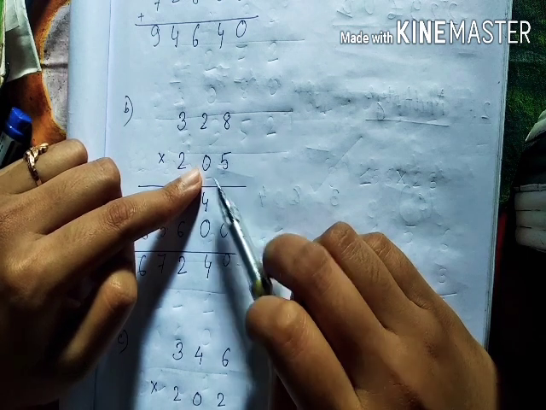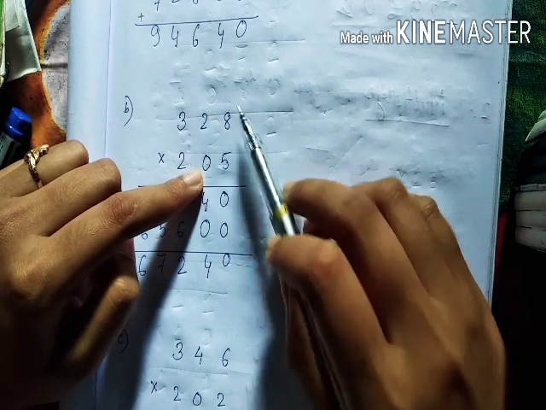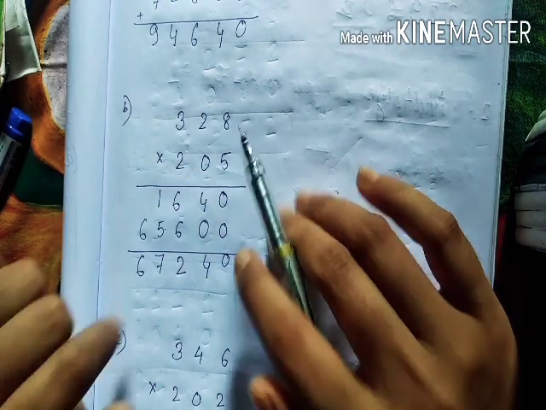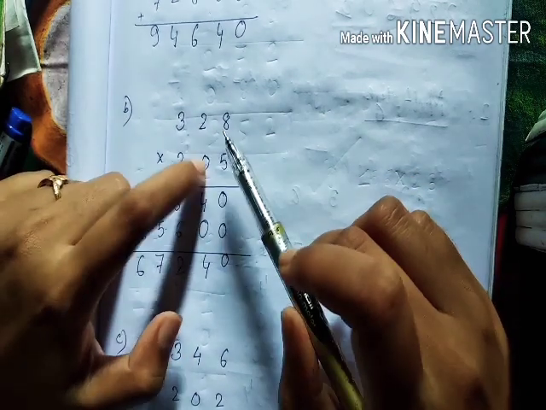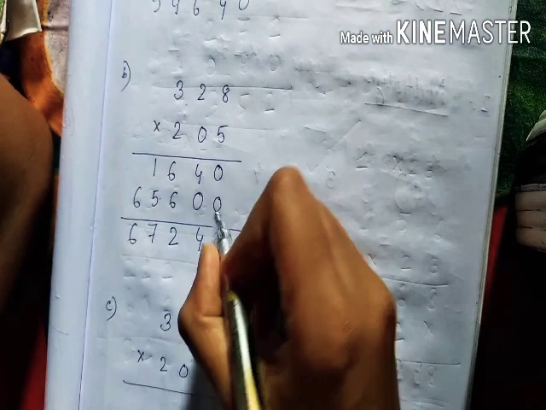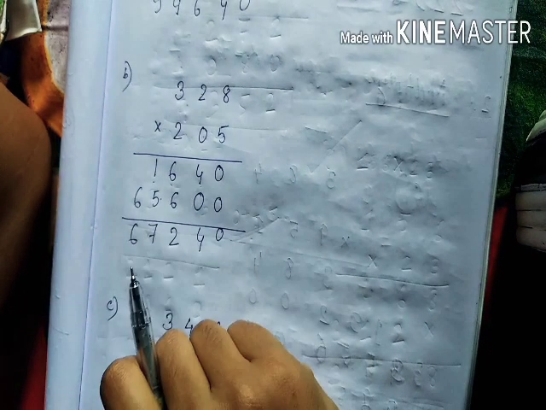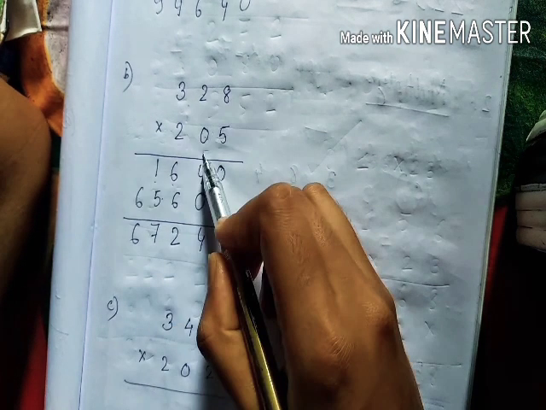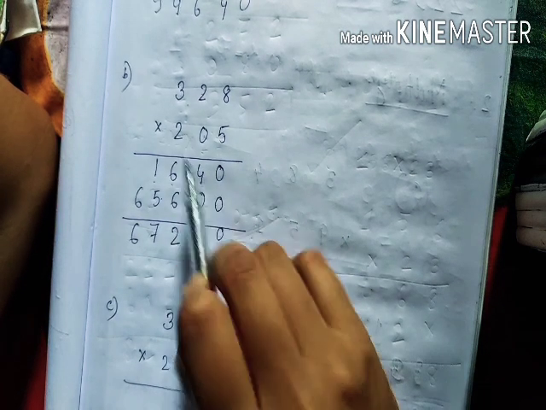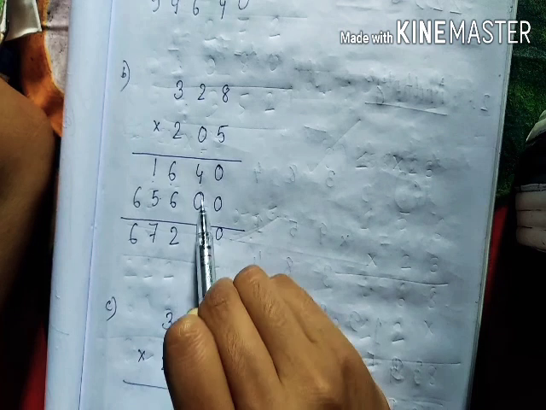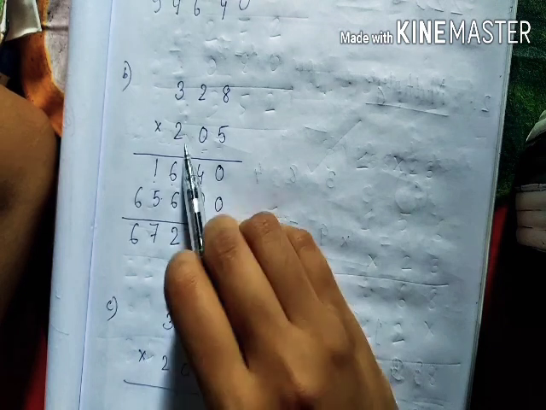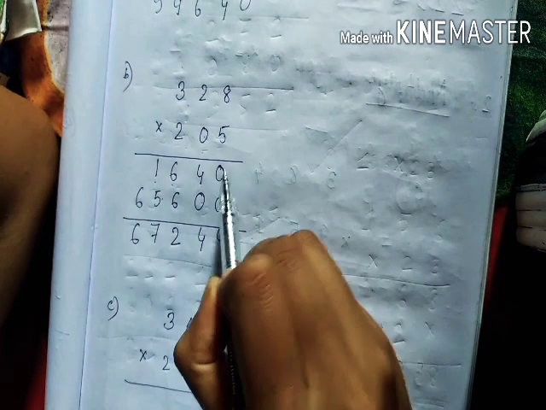Okay students, so if 0 is there, then in this step all the numbers will be 0, because 8 0s are 0, 2 0s are 0, 3 0s are 0, right students? So here if we write it also, then also we will get all 0 0 0 here, right students? So you can skip that and directly start from the 100 place. Okay, so here you can see, as we are starting from the 100 place, I'm writing 0 in the ones place and again 0 in the tens place, and then we start from the 100 place. So 8 2s are 16, carry 1, 2 2s are 4 plus 1 is 5, 3 2s are 6, and after that you have to do the sum.